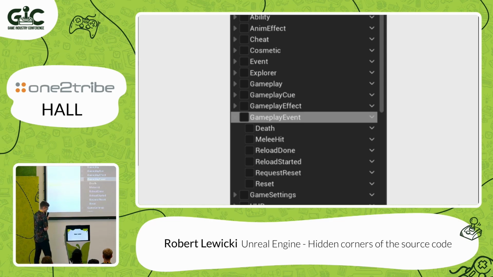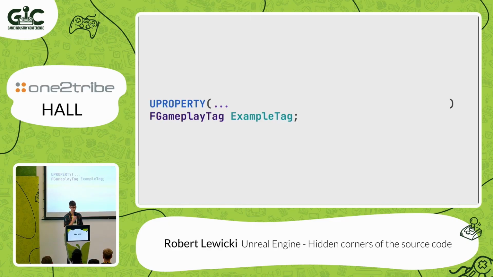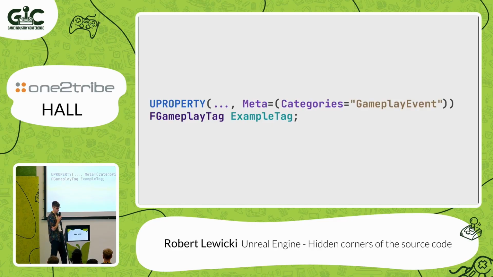Luckily, somebody at Epic was smart enough to think about it and add something called gameplay tag filters. So again, let's go back to the declaration of the property, add a meta tag, Categories, and then we say what kind of root gameplay tag we want to use to filter it. In this case, we say we want only gameplay events. And now if we run this code and open the editor,